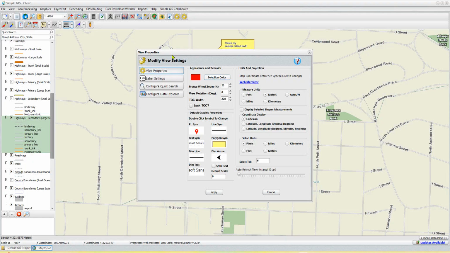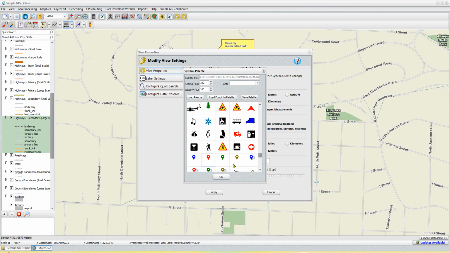And what this allows you to do is, one, it allows you to set the default symbols to use for any new graphics you're adding to your map. So for instance, you see here's the default symbol for the point symbol. Here's a default symbol for the line, text, polygon, dimension, the leader line, the dimension arrows, as well as the dimension text. And you can change any of this by simply double clicking on a particular symbol, bring up the symbol palette. So if I wanted the default point symbol to use a green marker instead of a red marker,